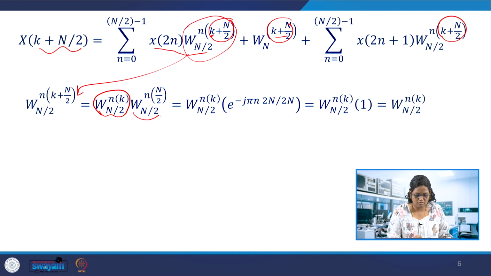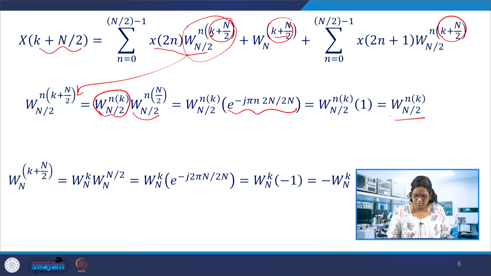So this can be simplified as e power minus j 2 pi n. For all integer n, this is going to be 1, and so this whole term can be simplified as W power nk by n by 2. Similarly, this term, that is W suffix n, k plus n by 2. Note the difference between this and this. You have the n over here, it doesn't have this n, so it depends on the indices of the time. So W suffix nk we can split into two of them, into W suffix n by 2, the power.